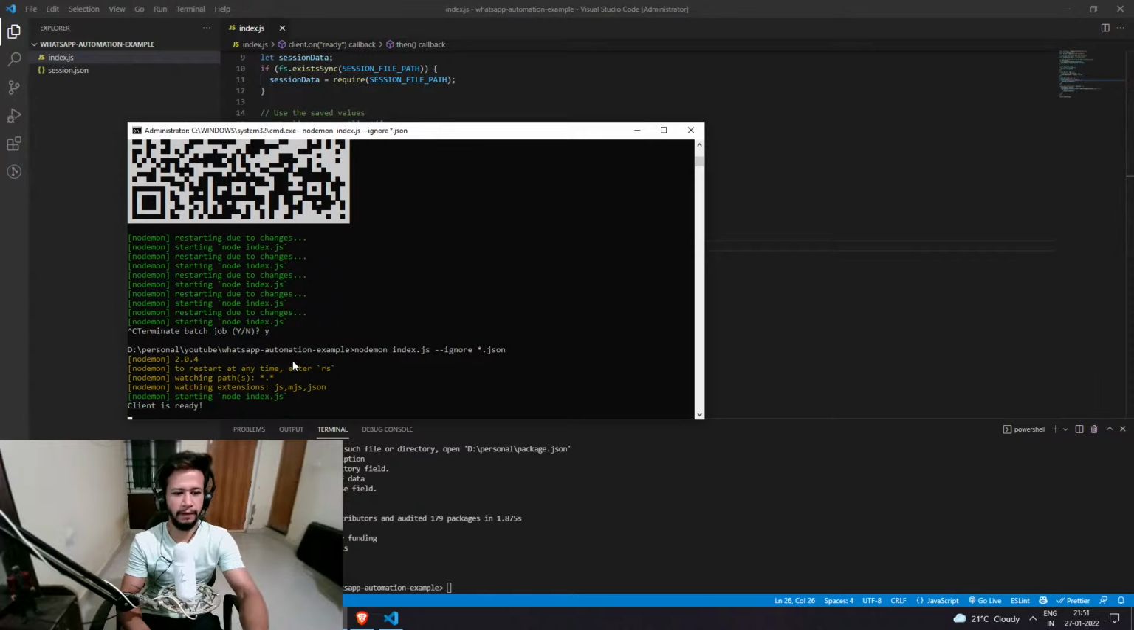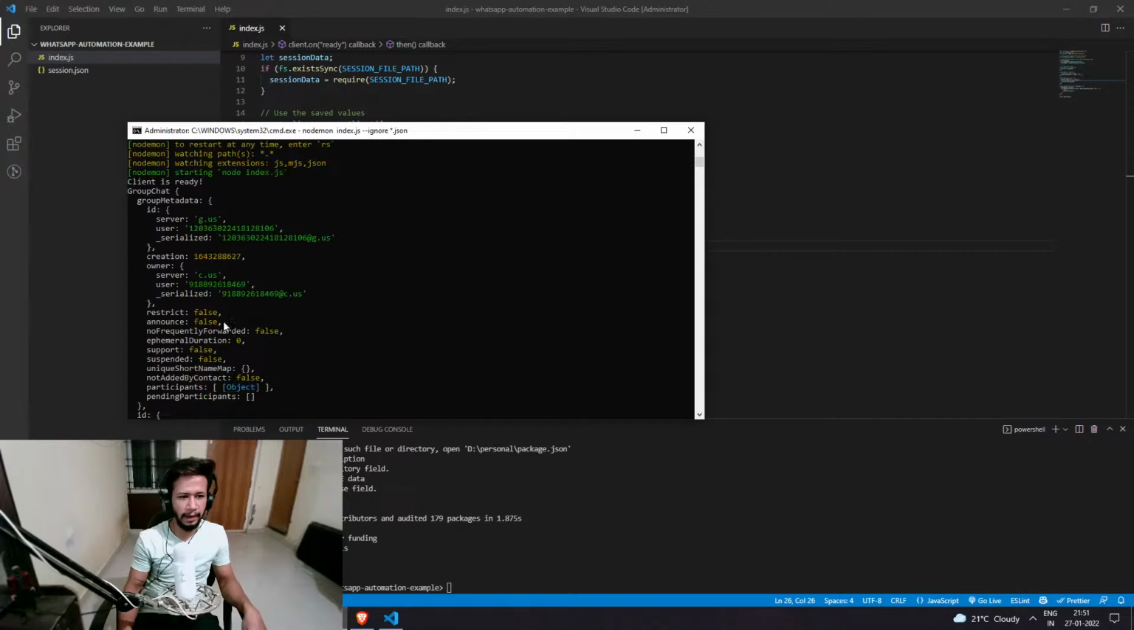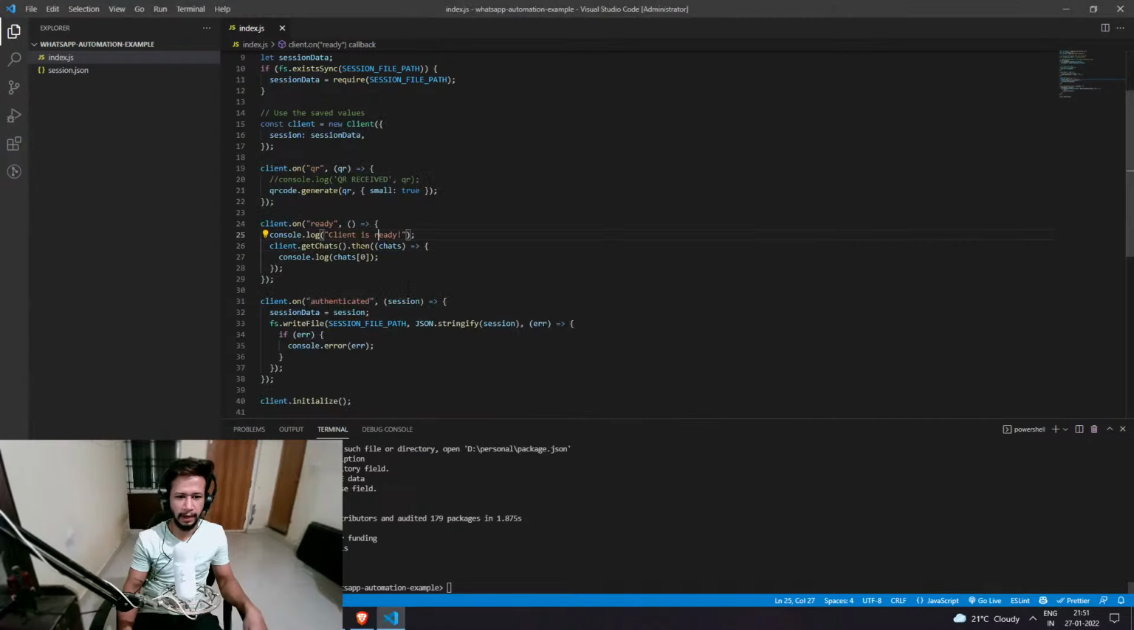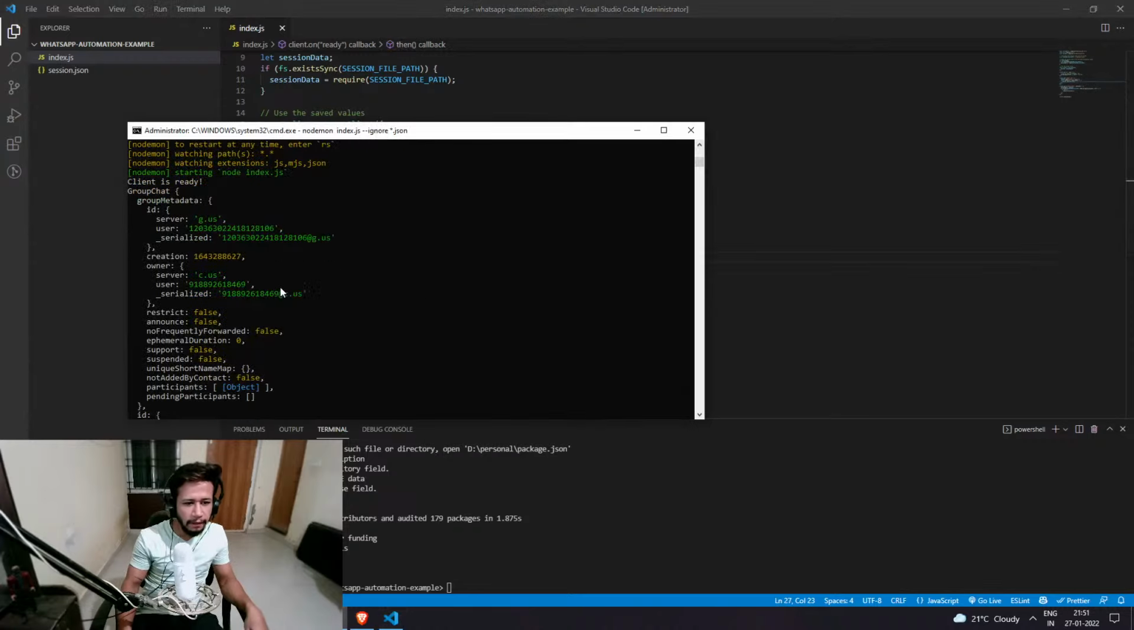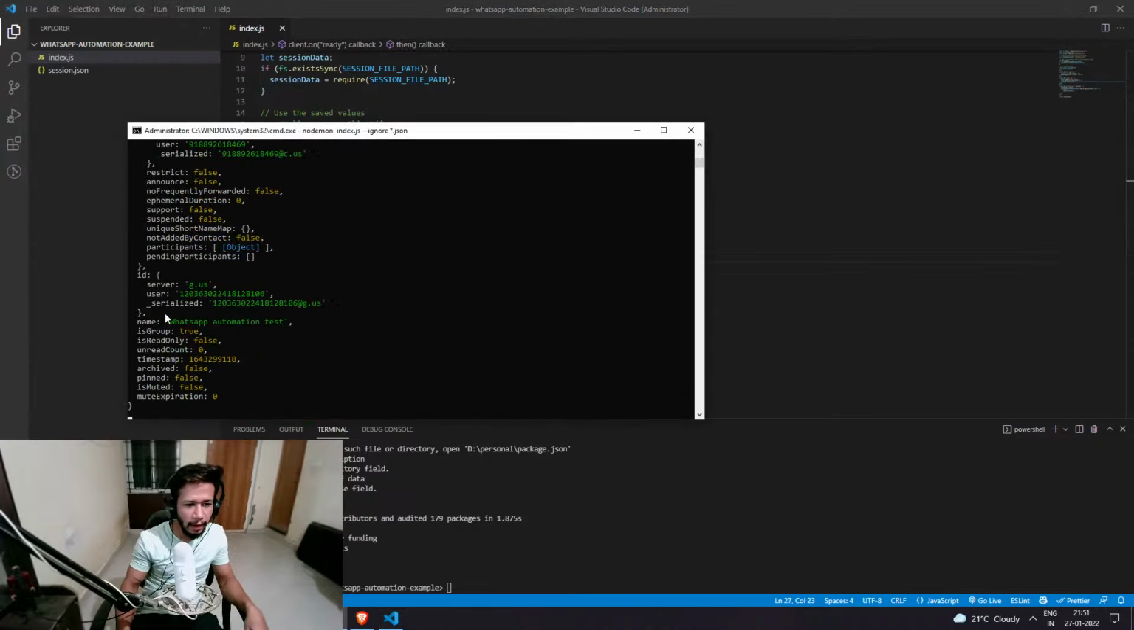Let's see if it prints. Okay, client is ready. It did print the first. So when the client is ready, we are getting the chats, and we're printing the first chat. So if we see the first chat, okay,